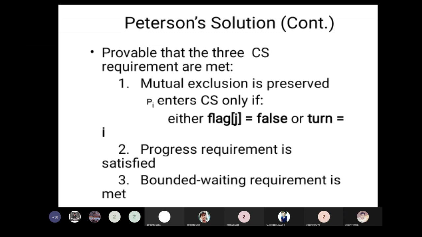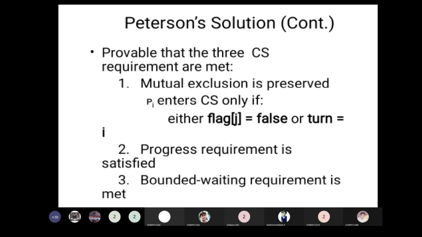Next, is the progress requirement satisfied or not? Progress requirement means when there are multiple processes requesting, some process should be selected. In our case, there are only two processes, i and j. Either i will be selected or j will be selected. So the progress requirement is also satisfied.